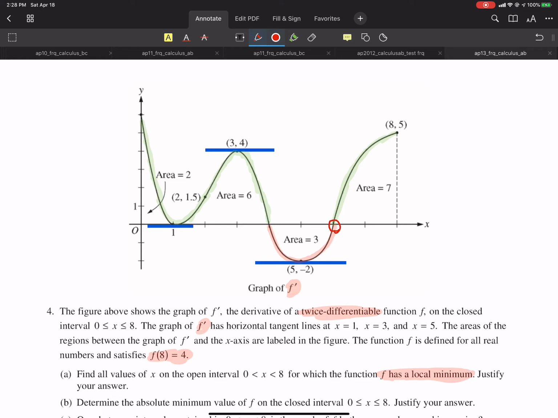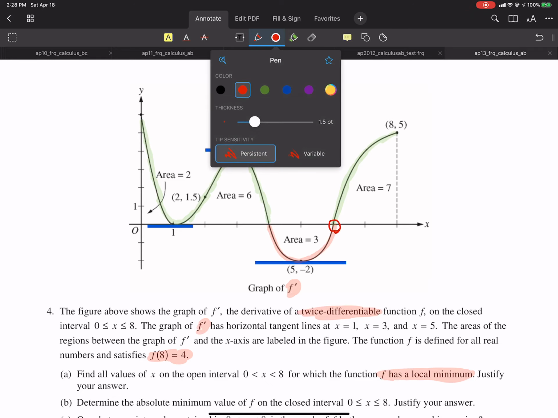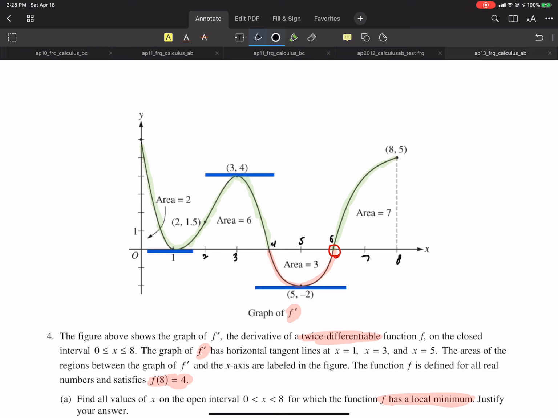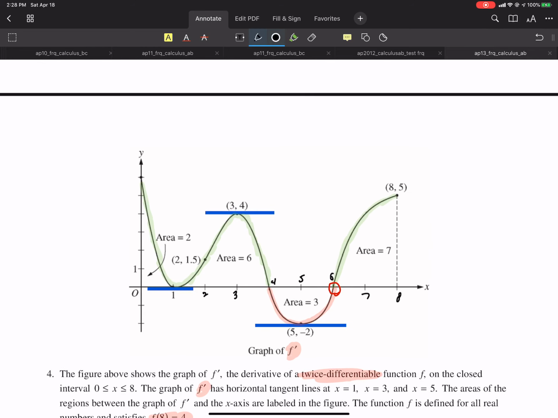That's at 1, I should label these real quickly. 2, 3, 4, 5, 6, 7, 8. So at 6, we can see it changes from pink to green, which means the derivative changed from negative to positive. Therefore, we have a relative minimum. So for part A,